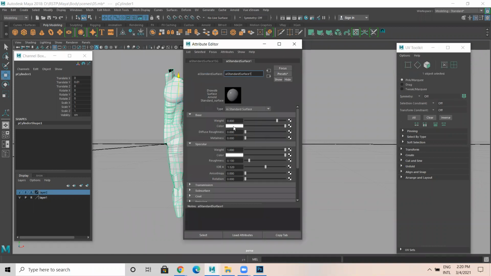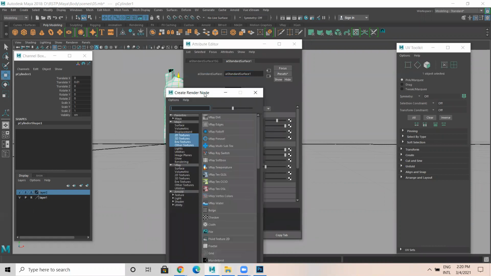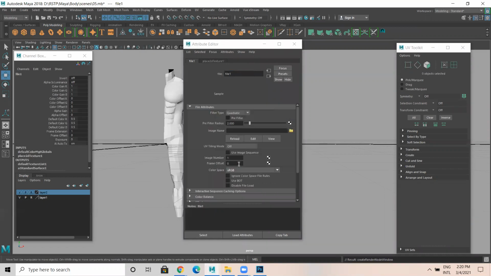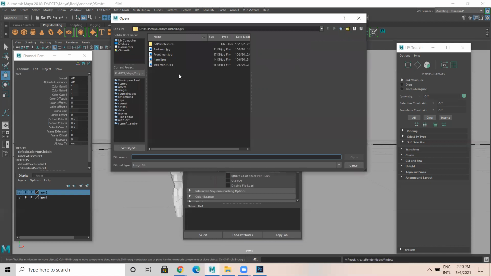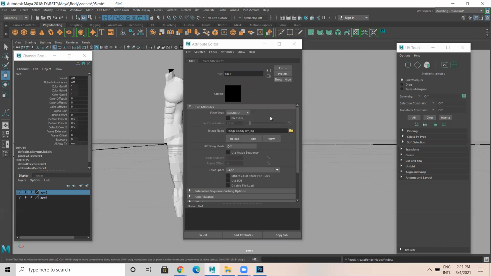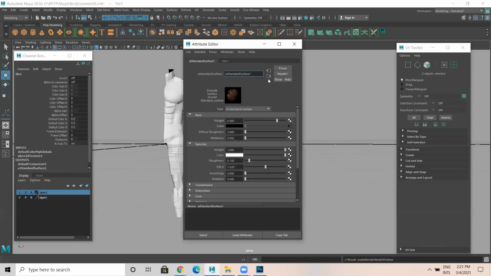Here, in color, click on this checker box. You get a 2D file here. Pick this file, and in the file, click on this folder box. Go to the images folder, and here pick body UV JPEG, which we created in Photoshop.